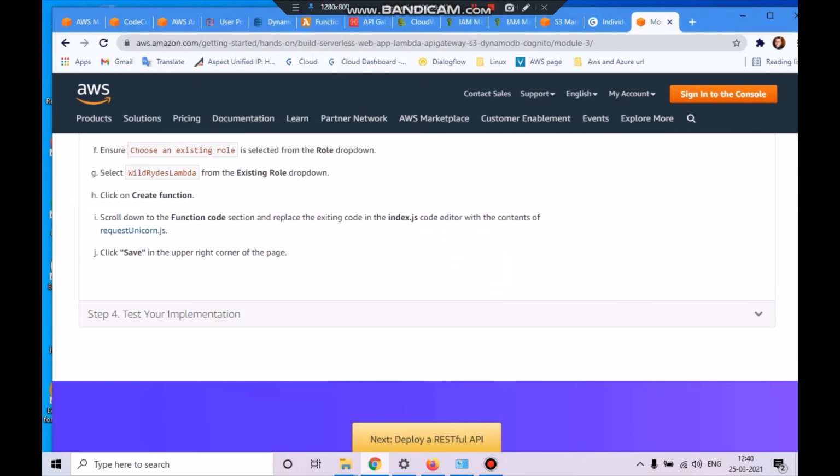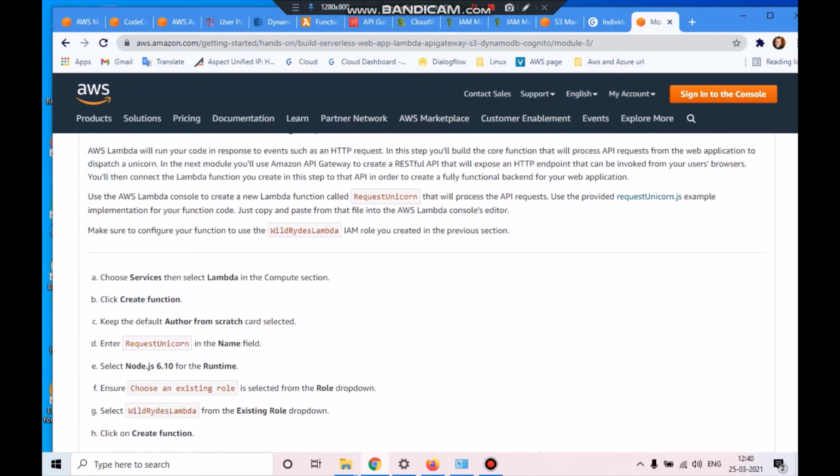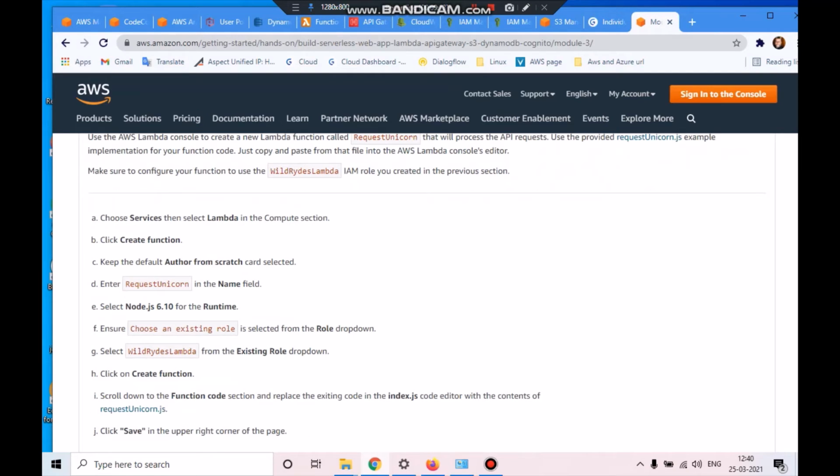And third thing, if you see, we're placing a request, so we are creating a function of request unicorn, because once you place a request, where to come and all the information, that we are creating here. Request unicorn is a JS file. I'll show that.